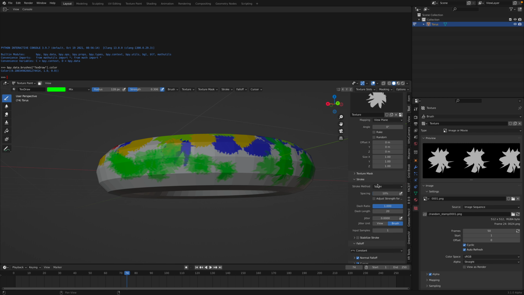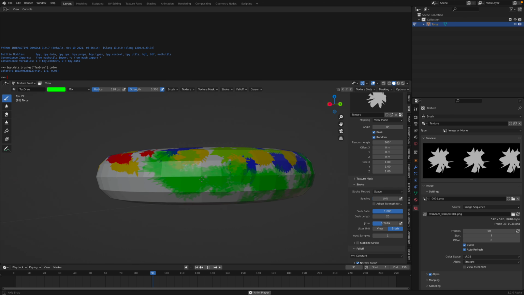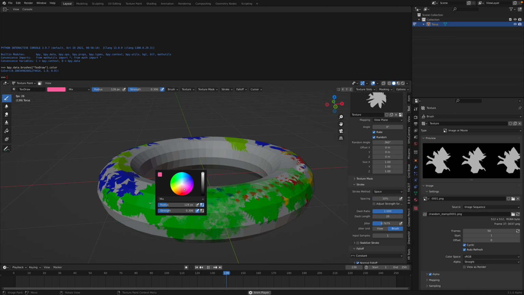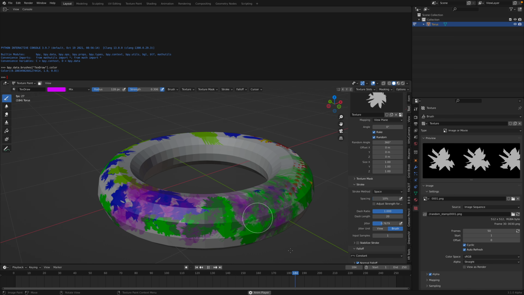Currently our stroke is set to space. We can try random and rake, and also a little bit of jitter. That will give a random splat. So yeah, like I said, we can keep this running. That's our texture stamping,